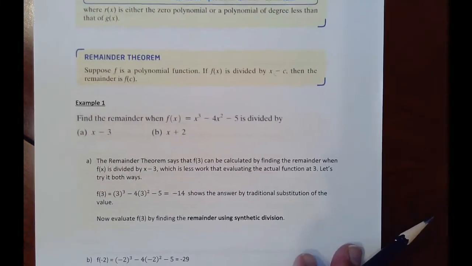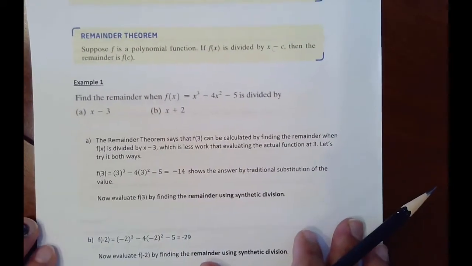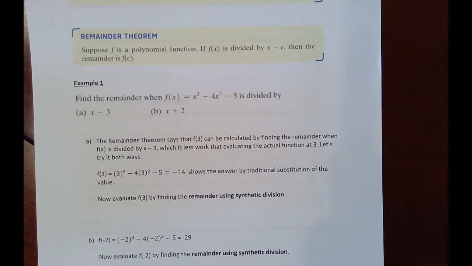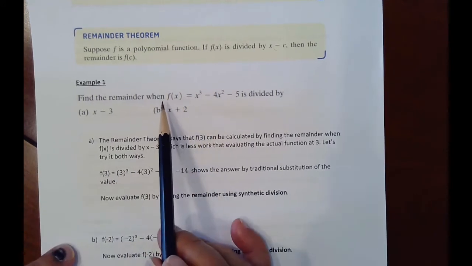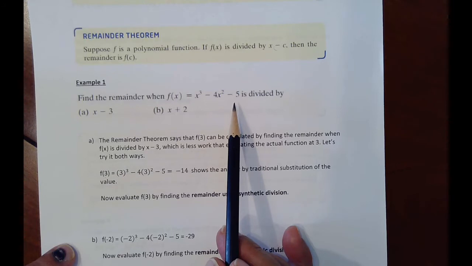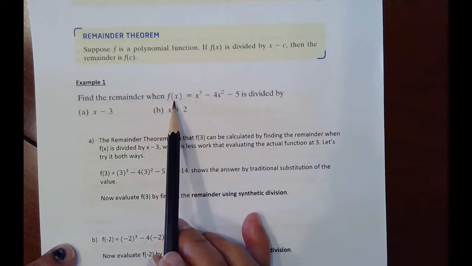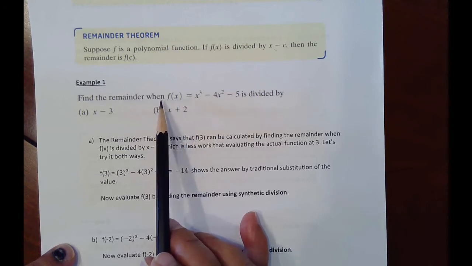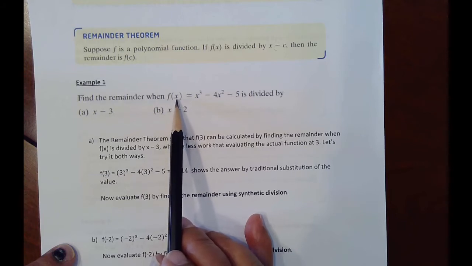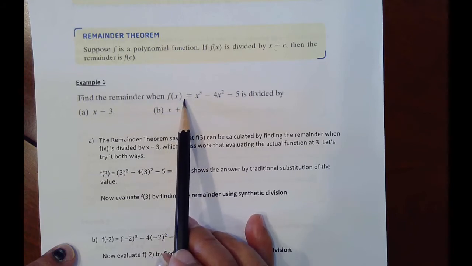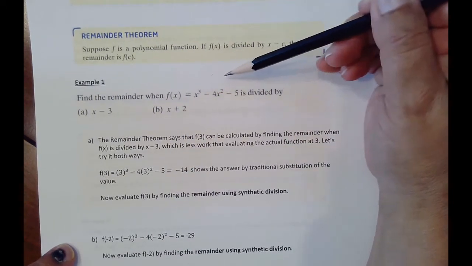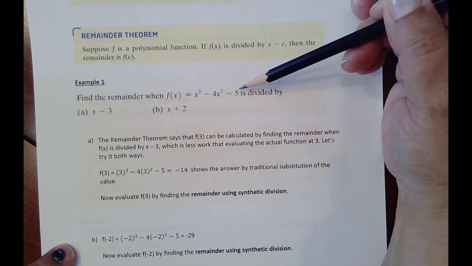We also have a remainder theorem, which comes in very handy in this particular section. By using the remainder theorem, we have another way to evaluate polynomial functions. We know that in the past, if we were given a polynomial function, we could be asked to plug in some value, and that's called evaluating. So for instance, let's say someone asked us to evaluate at the number 3. The old way, the very first method that we learned, is that when evaluating, you just plug in the number everywhere that you see an x